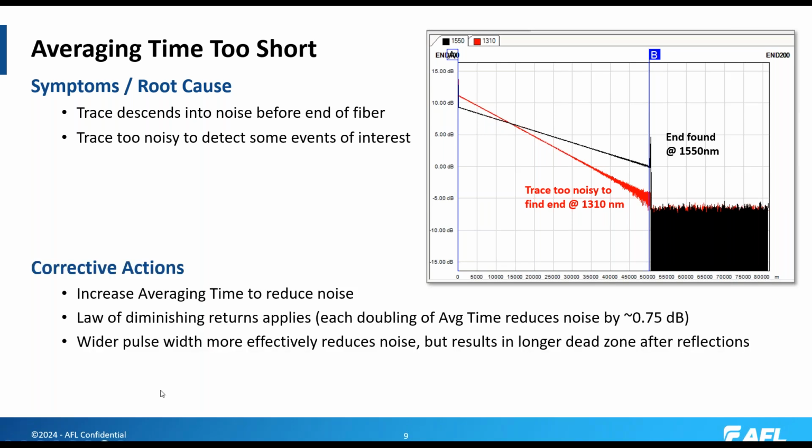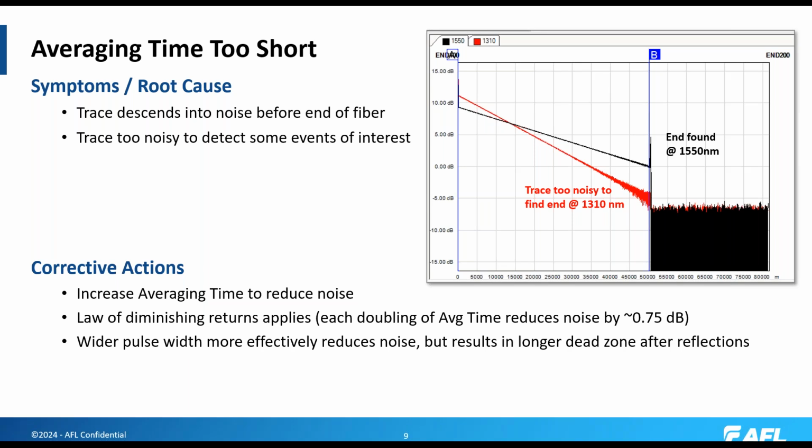Corrective actions here: increase the averaging time to reduce noise, but keep in mind that the law of diminishing returns applies. Each doubling of the averaging time will reduce noise by about 0.75 dB. So that means if you tested for 1 second, you would get a certain signal to noise ratio. If you doubled that to 2 seconds, you would reduce noise by 0.75 dB, but then you have to double to 4 seconds, then to 8 seconds, then to 16 seconds, 32 seconds for half a minute, then a minute, and then 2 minutes, and